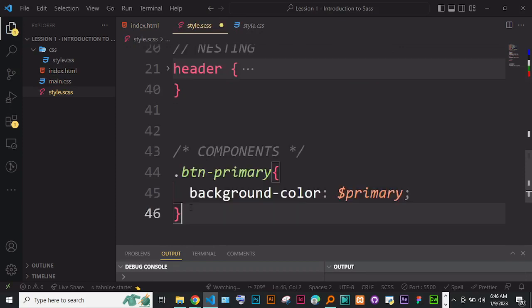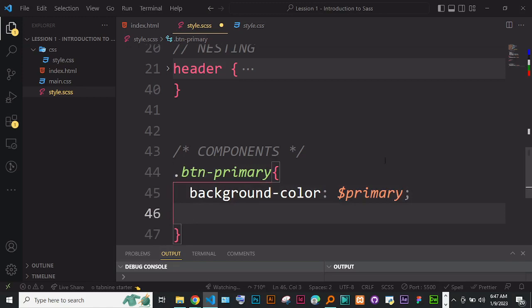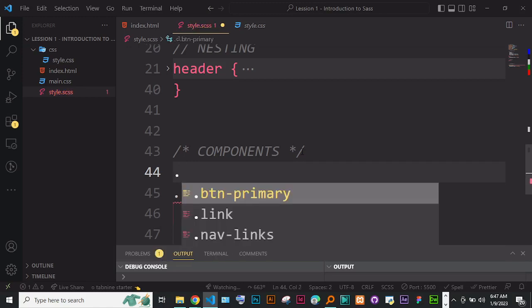So down here, I'm just going to have components. Components are like smaller parts that we use, like buttons, cards, and all those kinds of things. So I want to put here, for instance, the button. Okay, so we could have a button primary, which is having background color primary, and of course we could have also the btn class. Okay, so we could have dot btn,